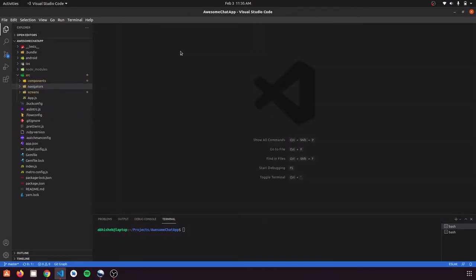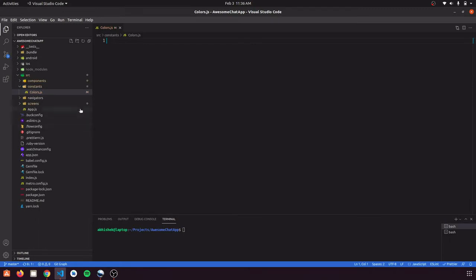Whenever we want some constants like colors or some big string, we need to define them somewhere globally. That's why we are going to create a folder named constants, and define a file colors here so that we can use colors everywhere by importing this file.